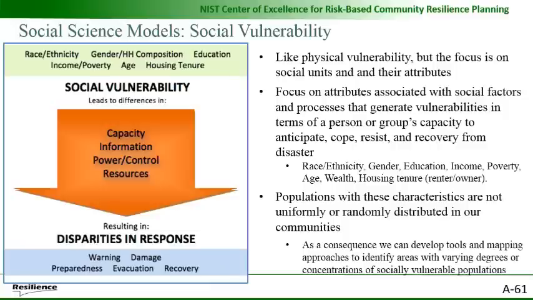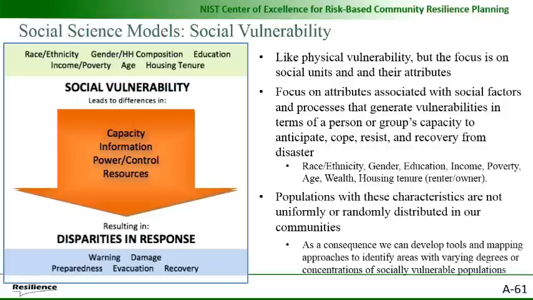For social scientists, we focus on those attributes that are associated with social factors and processes that generate vulnerabilities in terms of a person or a group's capacity to anticipate, cope, resist, and ultimately recover from a disaster. So we're looking at issues like race, ethnicity, wealth, gender, household composition, and the like. Those important indicators help us understand capacity, access to information, the ability to act on that information, power, control, and ultimately resources that are critical to engage in all types of responses with respect to disaster. Indeed, those factors determine the disparities we see in terms of differential impacts, differential ability to recover in our